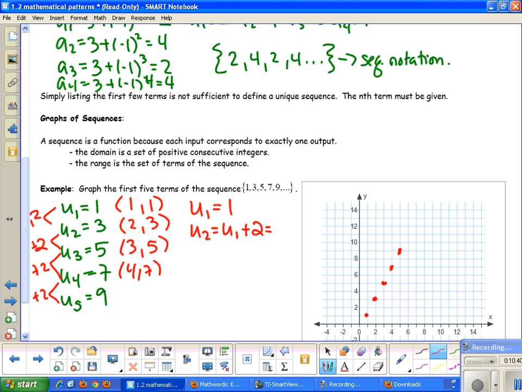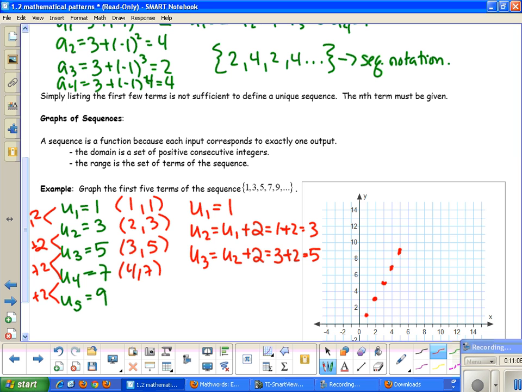My first term is 1, plus 2, which gives me 3. To get to the third term, I need my previous term, u sub 2, and again I'm adding my common difference, 2. So I have my previous term, 3, plus 2,